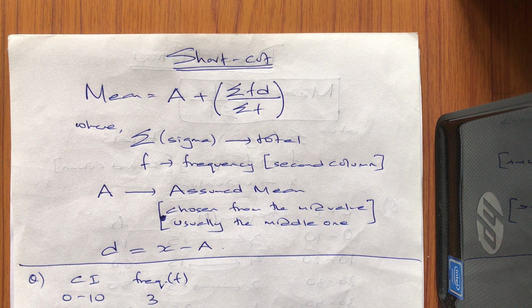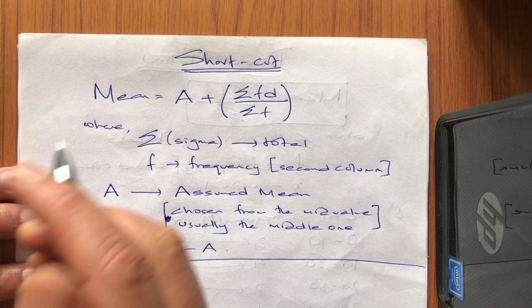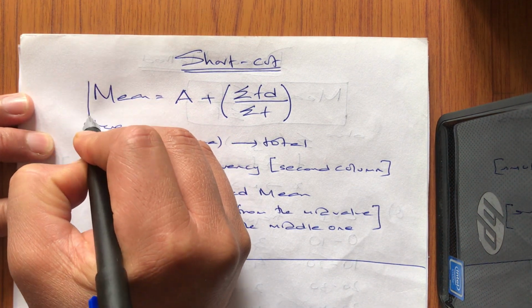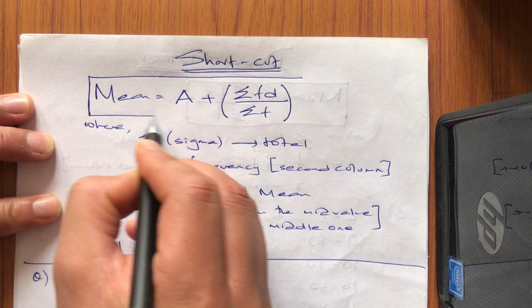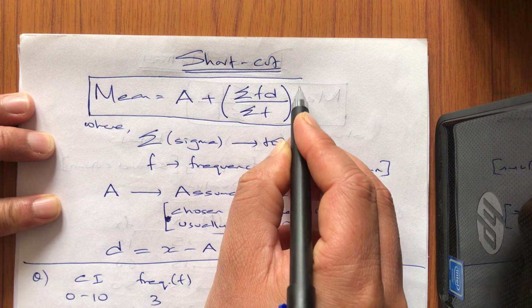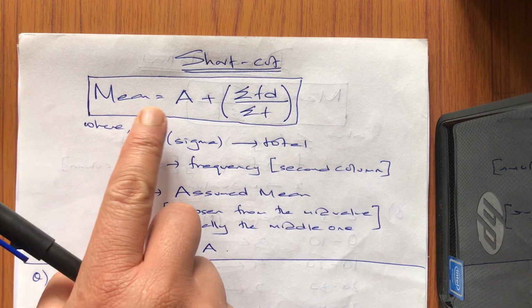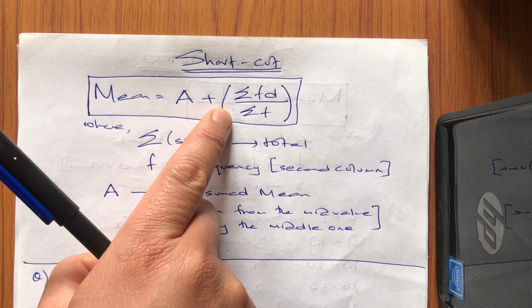So I think in the previous tutorial, if you've already watched it, we discussed the first method to find your mean, and that was using your direct method. Now we move on to the second method where we still find the mean, but now we'll be using a different method, and that method is called your shortcut method. And this is the formula that we will be applying to get your mean using your shortcut method. Okay, and the formula says it is A plus the bracket